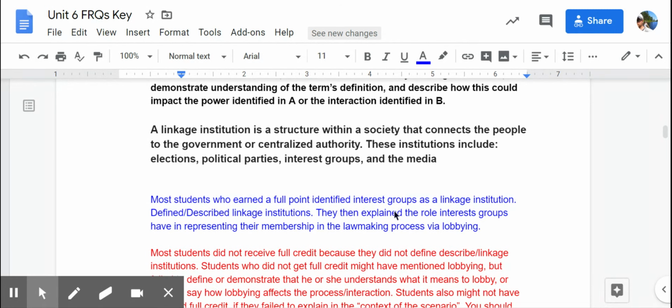A good thing to do, if you are struggling with the describe part of the explain, is think of an example, even if it's hypothetical. Throw in an example after you've attempted the describe, because it'll clarify your thinking for the reader. Finally, all of this should be done in the context of the increase in the price of EpiPens. Never forget the context of the scenario.